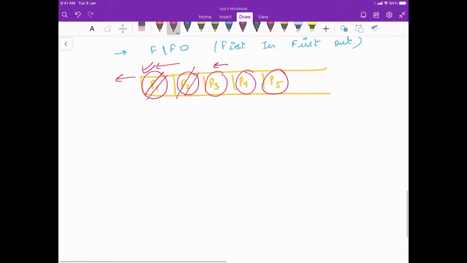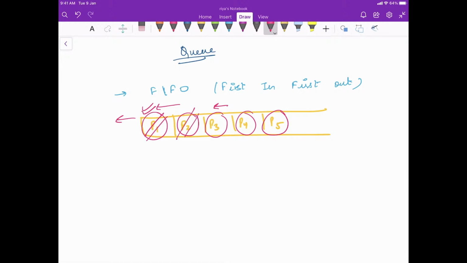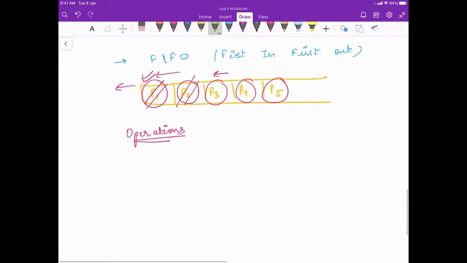So when we talk about operations, there are two different types of operations that can be performed.